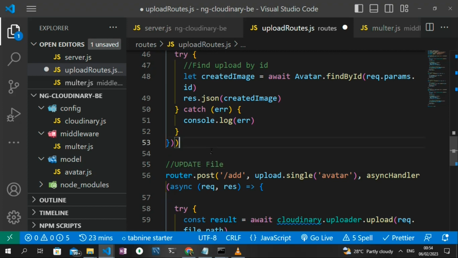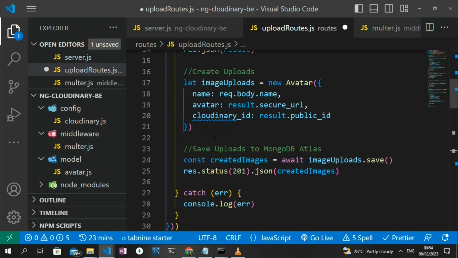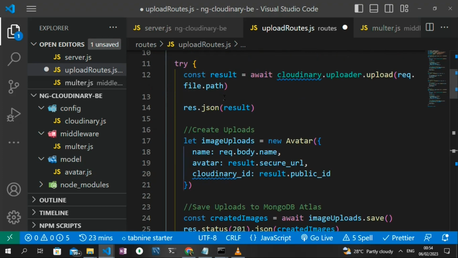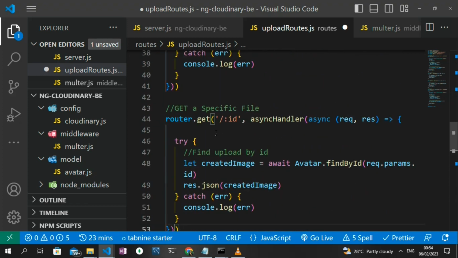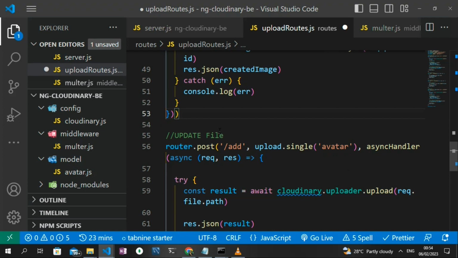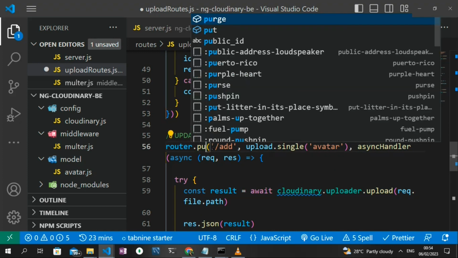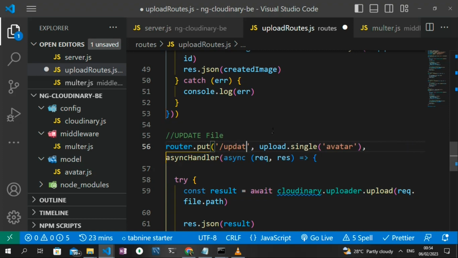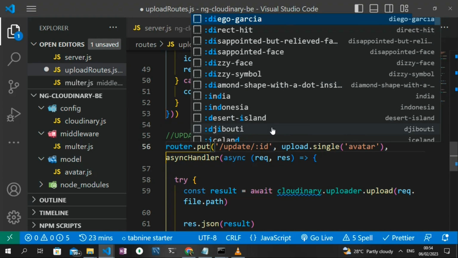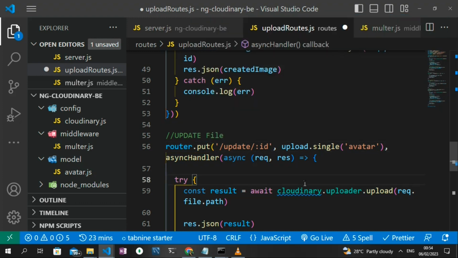So to update file, this is going to be a put request. The rest has been posts for the uploading of the REST API. To get all the API, we made use of get request. To get a specific upload, we made use of the get request as well. But this time it's going to be put. So because we want to update the particular uploads we made, that is, we want to update that particular avatar. So it's going to be forward slash update forward slash colon id,